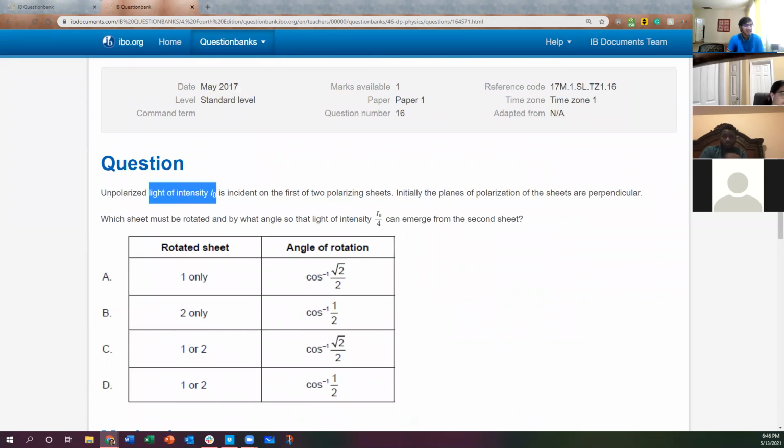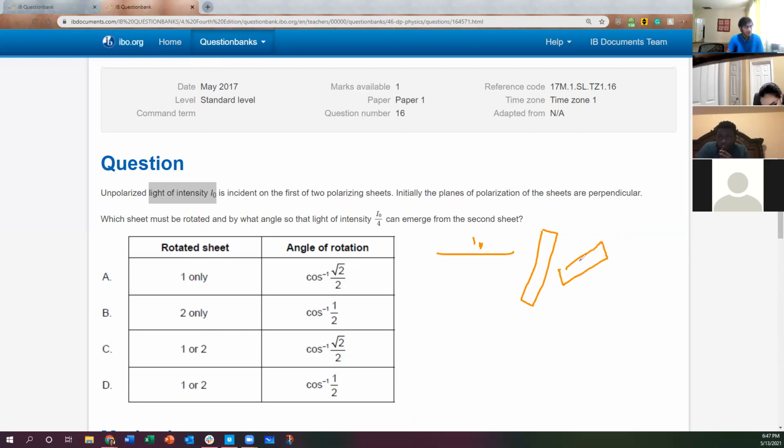Unpolarized light of intensity I0 is incident on the first of 2 polarizing sheets. Okay, I0. It's incident on this first, and then the planes of polarization are initially perpendicular. Okay, so theta at this point is 90 degrees. Which sheet must be rotated and by what angle so that light of intensity I0 over 4 can emerge